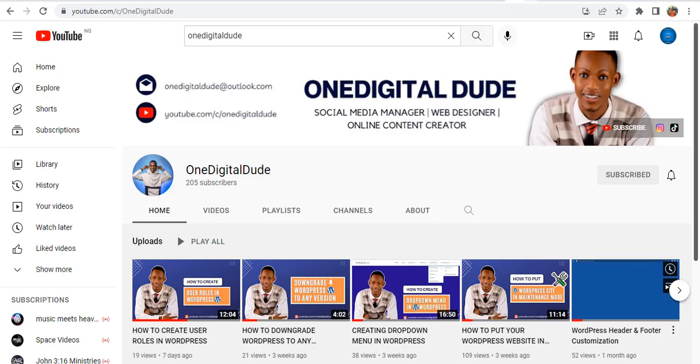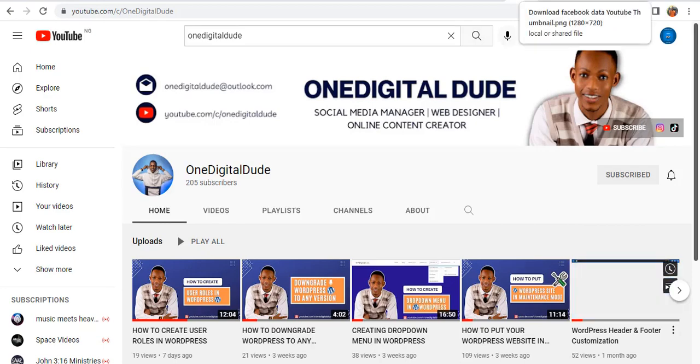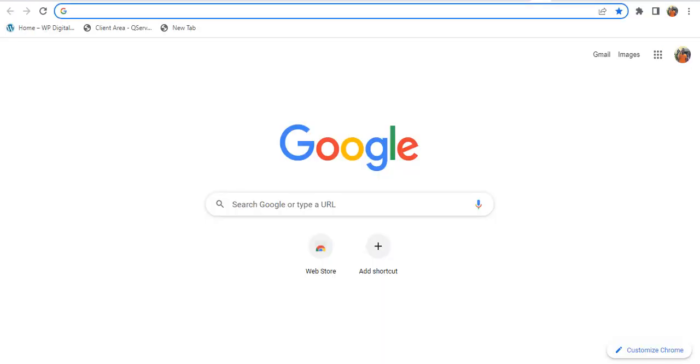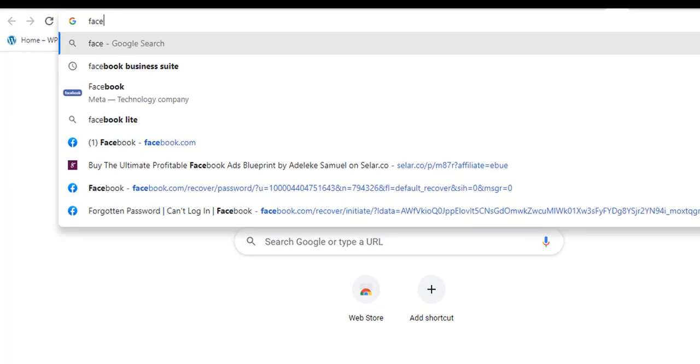There are two ways to go about that. The first one does not require you to download your data. You can just view it on the Facebook platform, while the second option allows you to download your data on Facebook. So I'm going to show you the two options you have. So for the first option, you can choose to view your data on Facebook without downloading it. To do that, come to